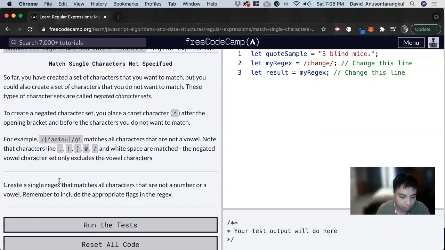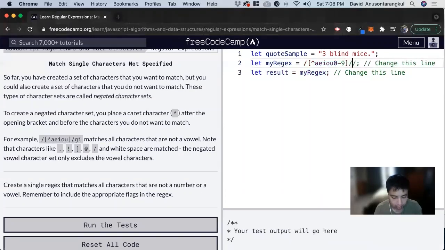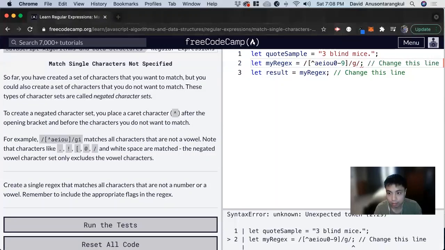So for this exercise, it wants us to create a single regex that matches all characters that are not a number or a vowel. So we gotta change this. We're gonna do a bracket, and now we do a caret that's not a vowel. So it's not A, E, I, O, U, and then not a number, a digit between 0 to 9, and that'll cover all the numbers. And now we close it, and now we do global and